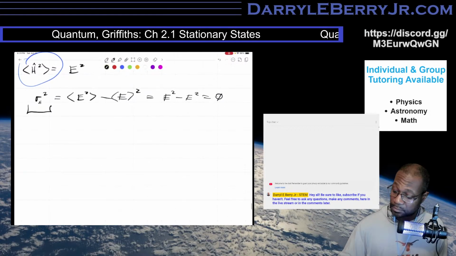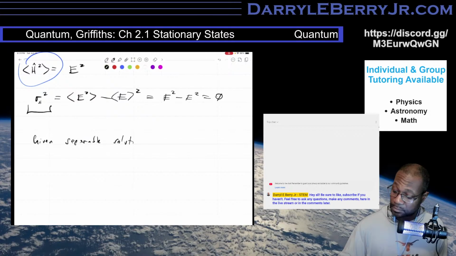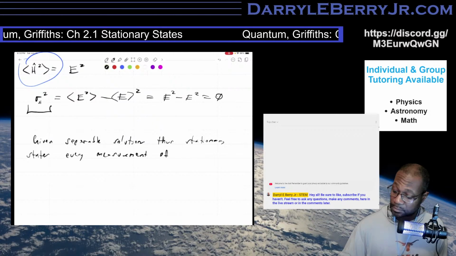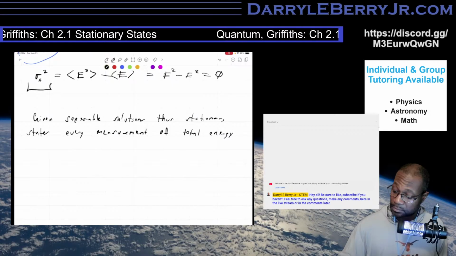Right? So if you have the separable solutions, the stationary states, every measurement of total energy returns E, which is the same value we get if we put the Hamiltonian onto psi,